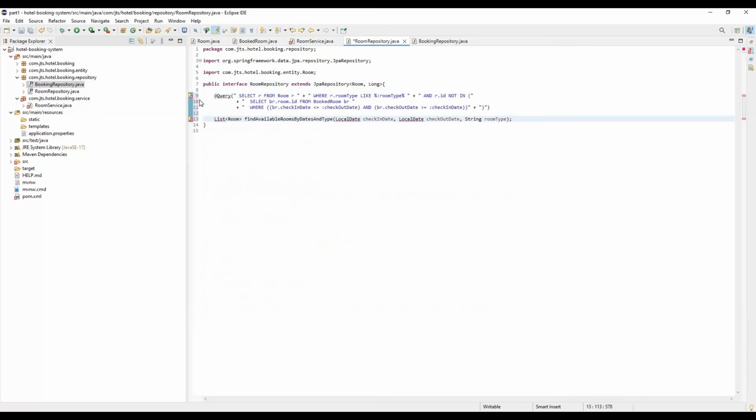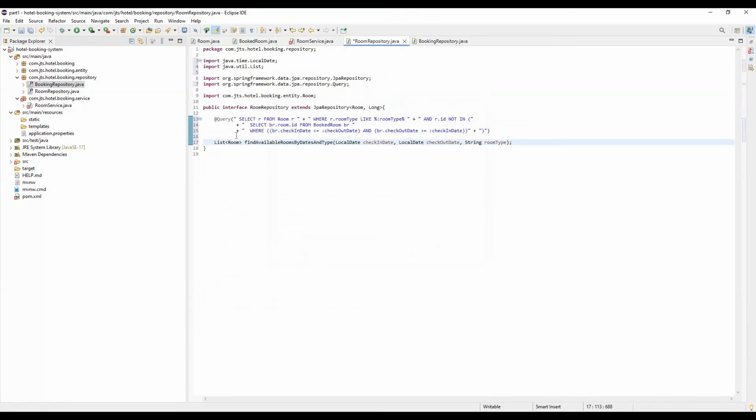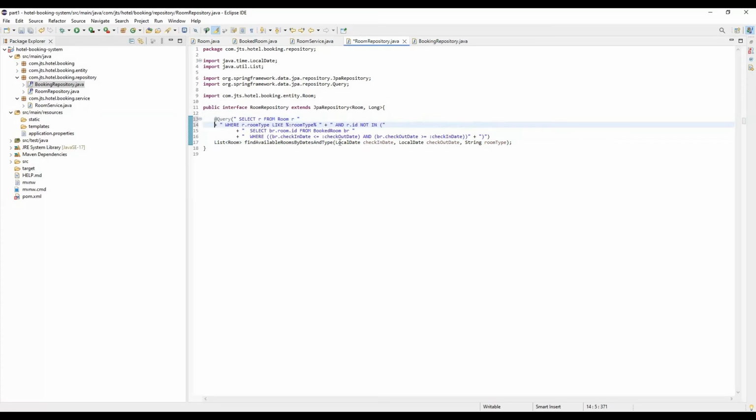So in this way we can add it. Okay, let me summarize this one. First of all we need to use this Query annotation. Over there we are going to write this HQL query. Okay, so here you can see that